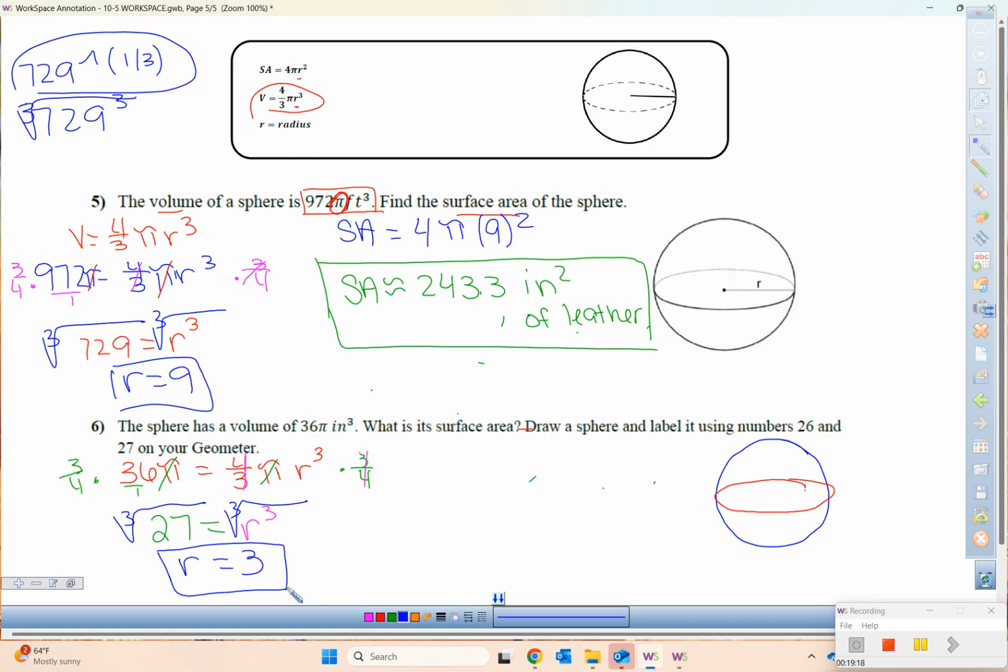Now that we have that, we're going to use it to find our surface area. And so surface area is 4 pi, our radius, which is 3, squared. So just punching that in our calculator, we come up with, if your calculator leaves it in terms of pi, it might. If it leaves it in terms of pi, it's going to look like this. And then if it does that, if you hit the little arrows that we talk about at the bottom, it'll turn it into the decimal version, and you would get,